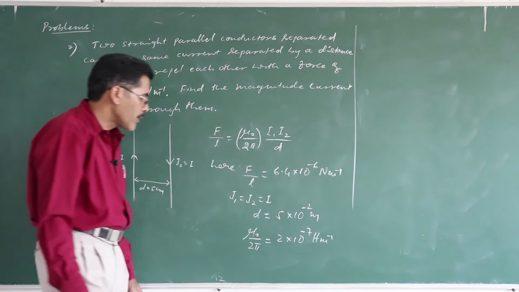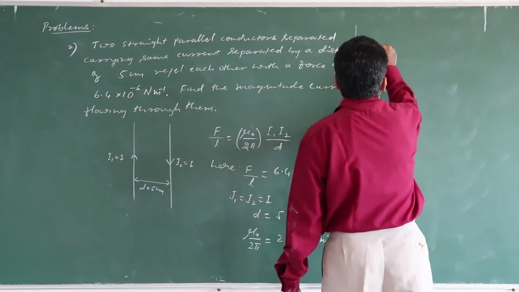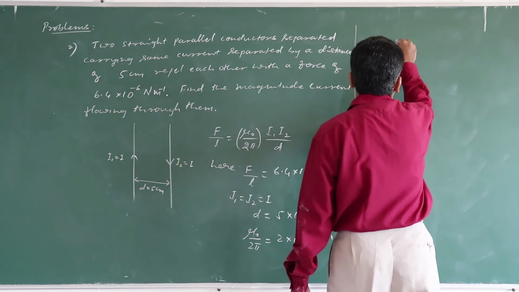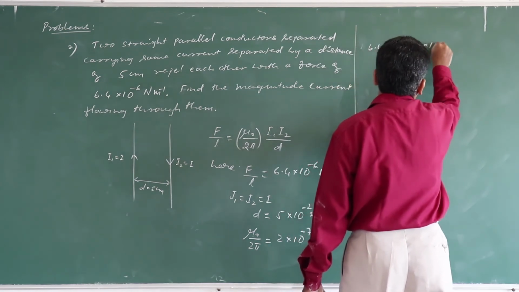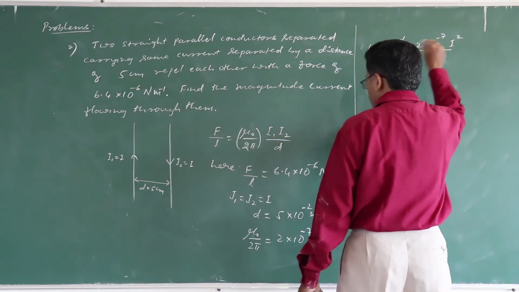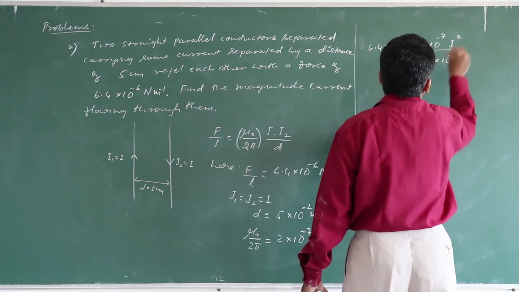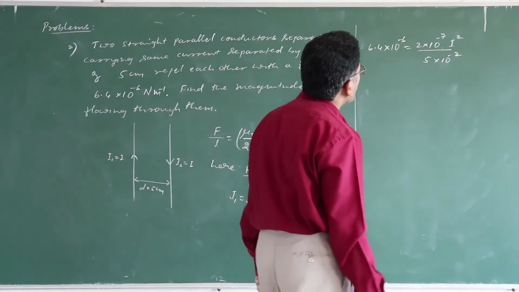So now substitute all the values. You are going to get 6.4 into 10 raised to minus 6 is equal to 2 into 10 raised to minus 7 into I square, divided by 5 into 10 raised to minus 2. See, this comes out to be